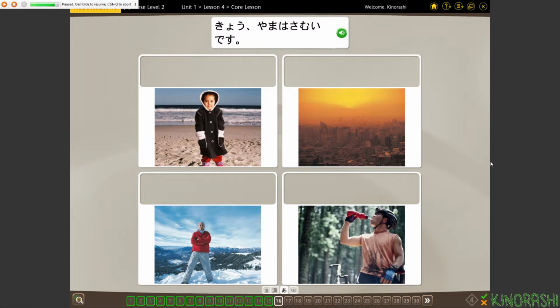今日、山は寒いです。今日、山、寒い. If you remember, this looks like wood stacked for building a fire because it's cold. So since it's cold, you need a fire to keep you warm. Since this means cold. 今日、山は寒いです。